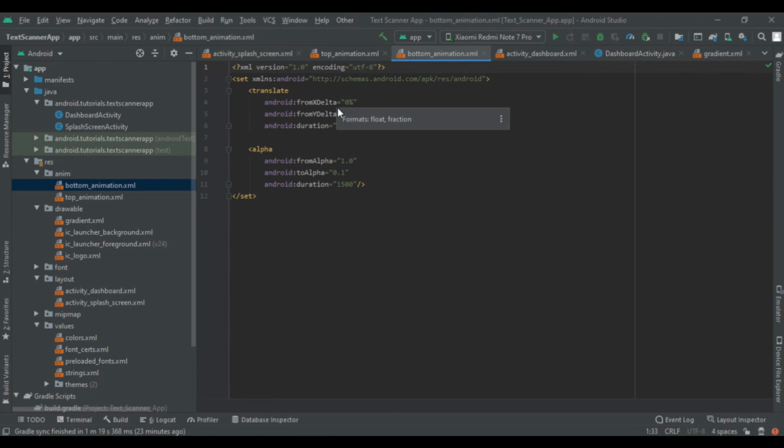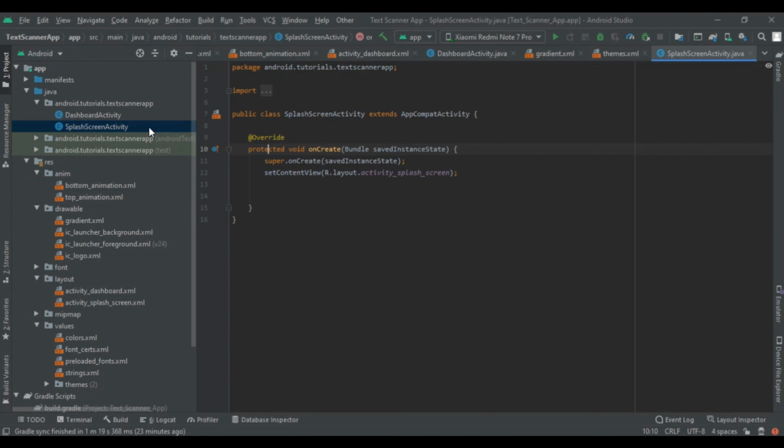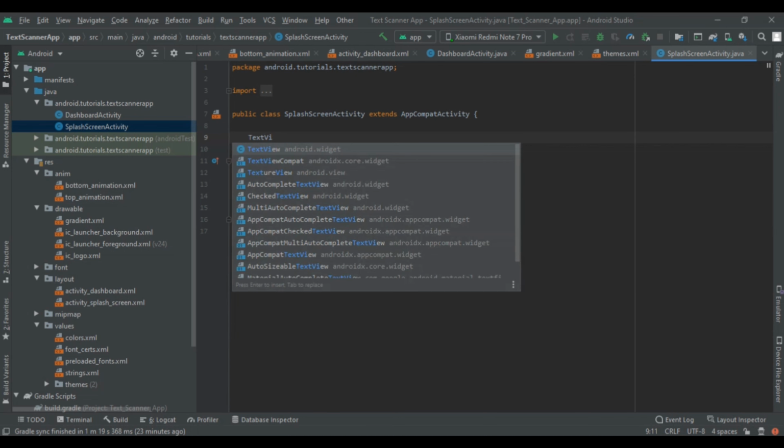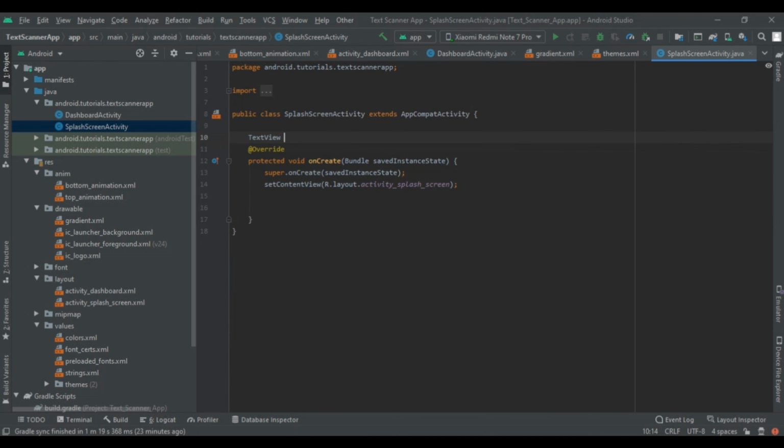Now it's time to implement it in our splash screen. So here we have to cast all the animations and text views. So first write text view. So there are two text views. First is title and second is credit, and after that create image view.